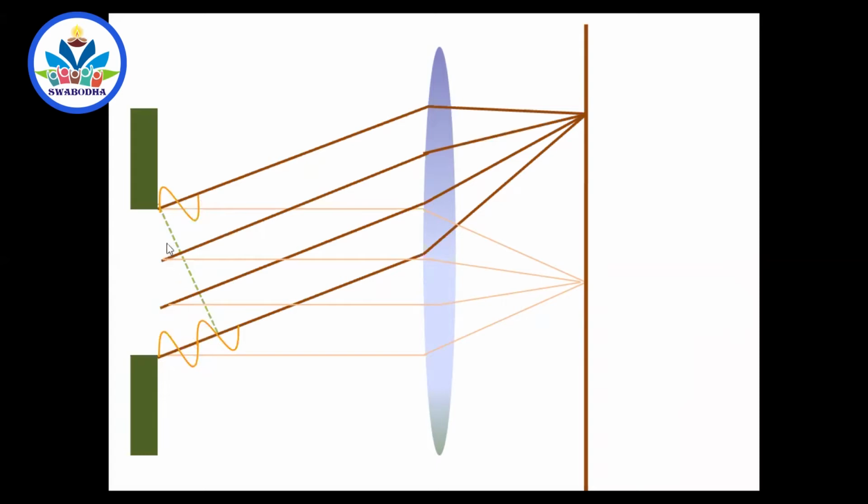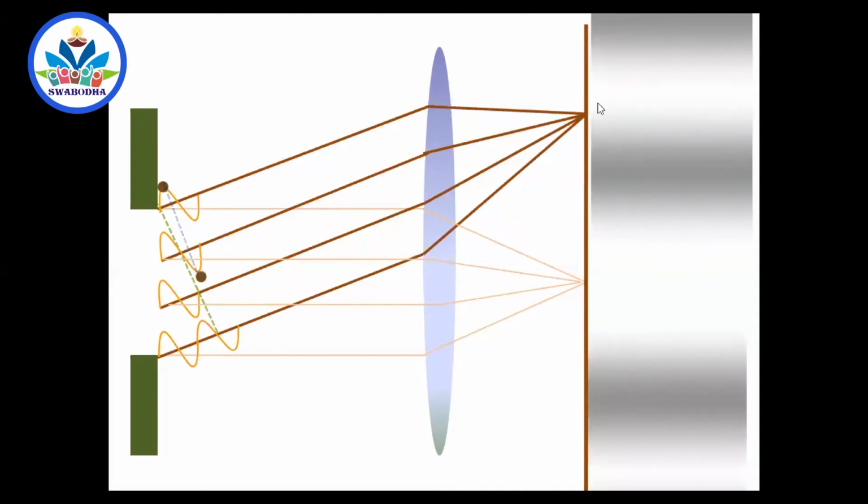If it is so, then this is half lambda. This is 1 lambda, correct? This will have a path reference of half lambda. So a wave starting from the top of the slit and a position here will cancel each other. Again another wave starting from here and here cancel each other. All the waves starting from this part of the slit cancel those from this part of the slit. So they cancel each other. This will survive, and that will produce a bright fringe here. So you will get a bright one here.